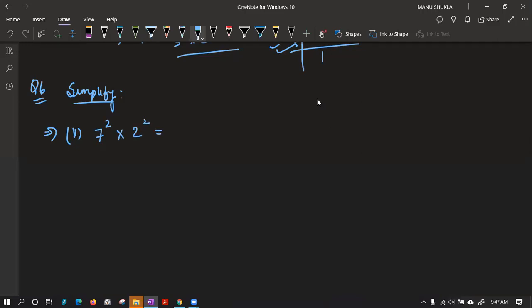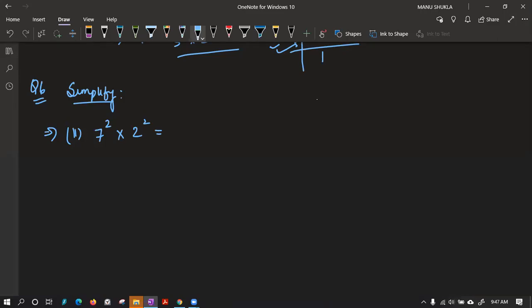Class, tell me the answer. Abbas, it is late now. You can see question number 5 again on that YouTube channel. It is very easy. We have just done the prime factorization in question number 5 and we got the answer. Class, please tell me the answer of this one. We have to simplify 7 power 2 into 2 power 2.